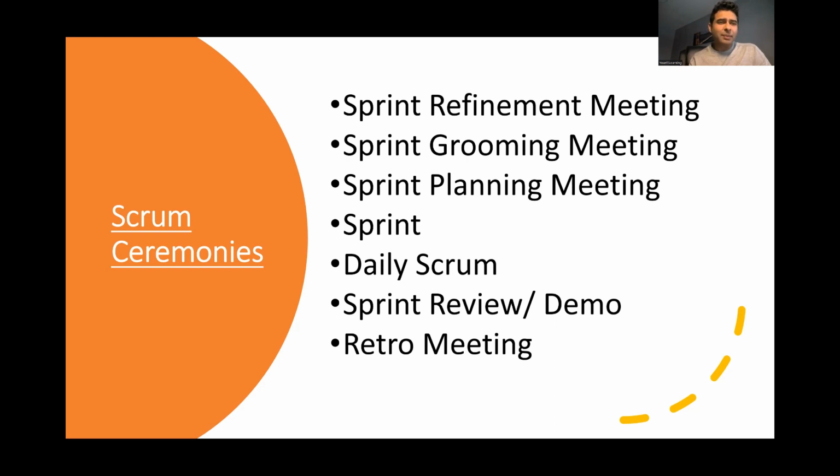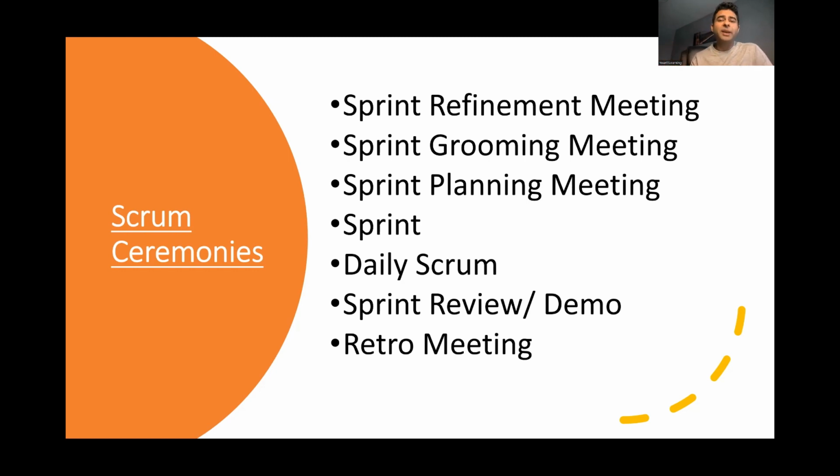Let me give you an example. We are planning for sprint three. Sprint one happens and sprint two happens. Sprint one had a velocity of 20 user story points. Sprint two had a velocity of 22 user story points. Now you are going to average out 20 plus 22, which is 42, divided by 2, which is 21. So you should bring 21 user story points into your next sprint.